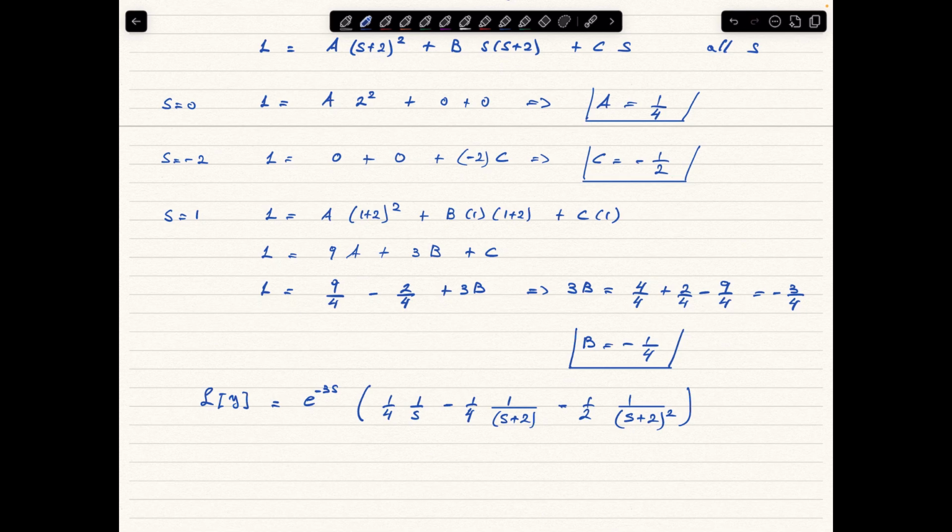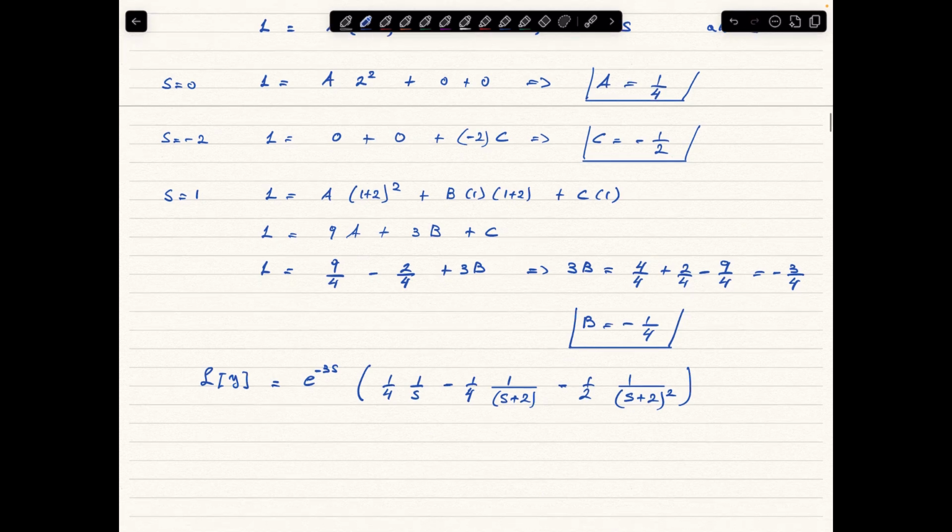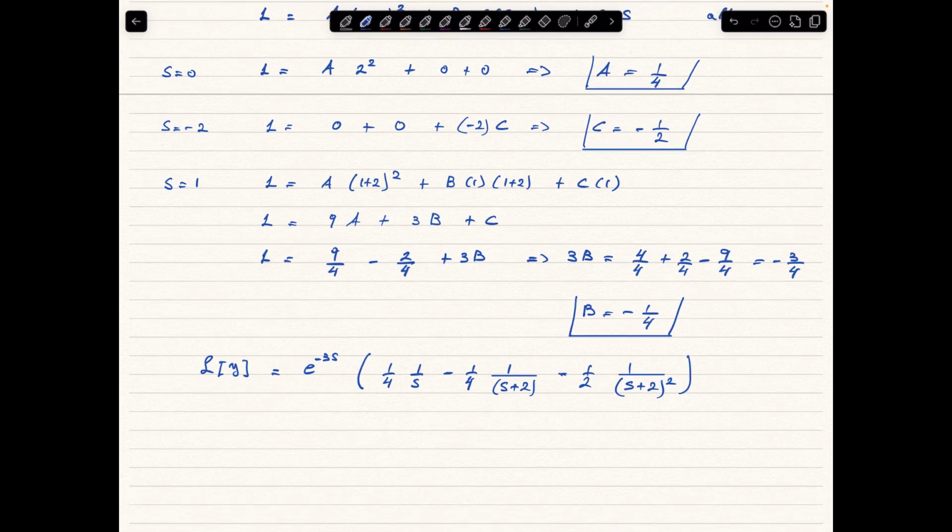All right, and what do we have now? Well, let's distribute the factors, and we are going to have an addition of 1/4, sorry, exponential of negative 3s over s. Well, we know the Laplace transform of that. We go to that in a minute. Then we have exponential of negative 3s times 1 over s plus 2, and then we have minus 1/2